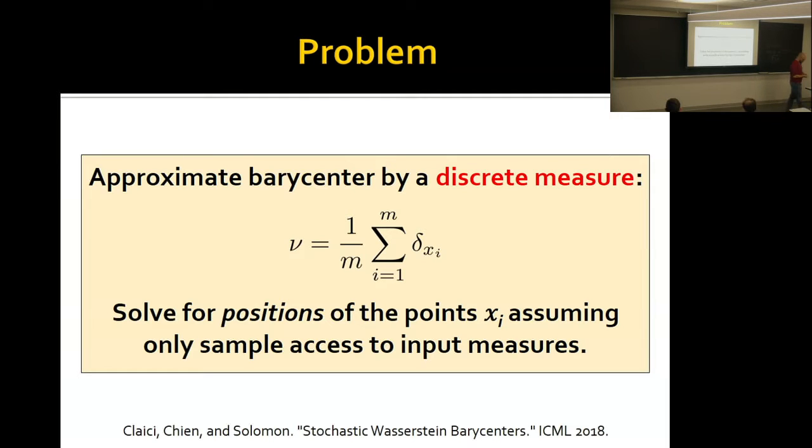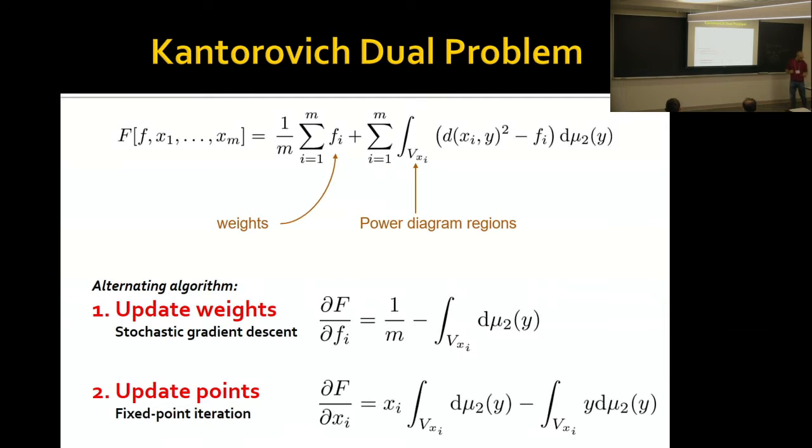As usual, I'm talking too much, so maybe I'll defer on the details of the algorithm. The basic point is that there are two sets of variables. One has to do with how you solve the transport problem, like the weights in your Laguerre diagram. The other set of variables is obviously the points that I'm moving around. And so there's a very simple alternating optimization algorithm, which has been well known in the computational geometry community for quite some time, but that you can adapt to the stochastic setting by noticing that the gradients here are all expectations that you can compute by sampling, which is kind of nice.